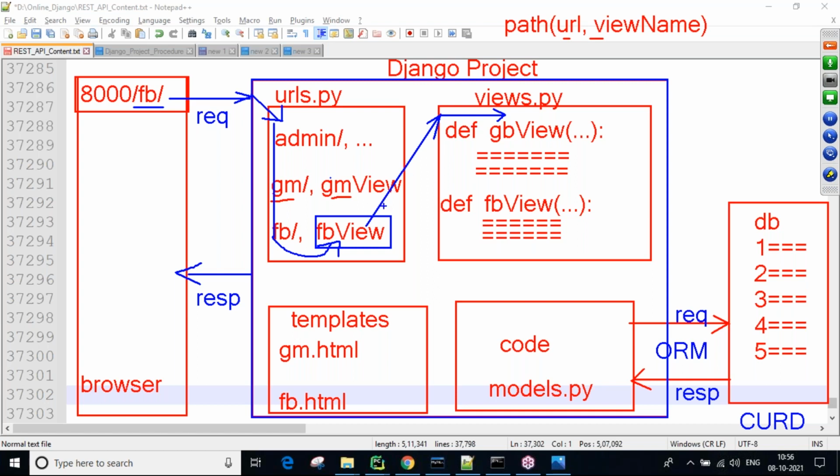All the views inside the views.py file we write using the def keyword, so view 1, view 2, like n number of views we can create. With the name fb view, it checks from top to bottom, matching or not. Not matching, so it checks again here, matching. If it is matching, then only that will be executed.